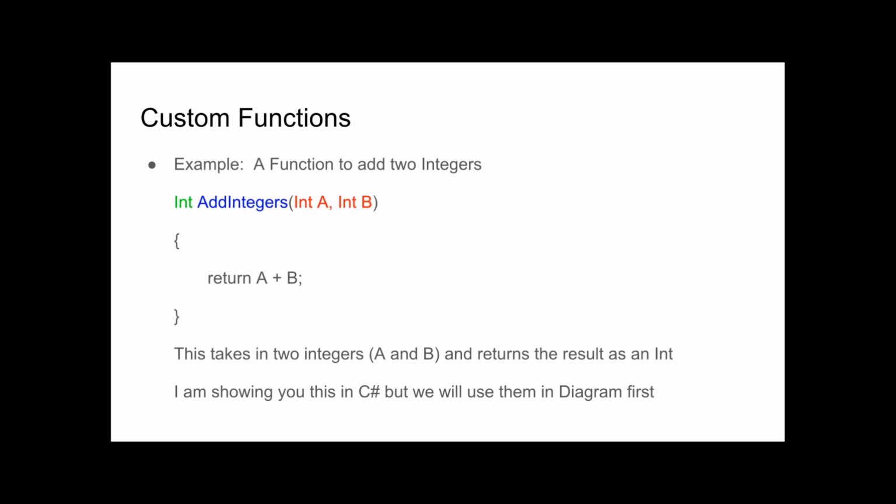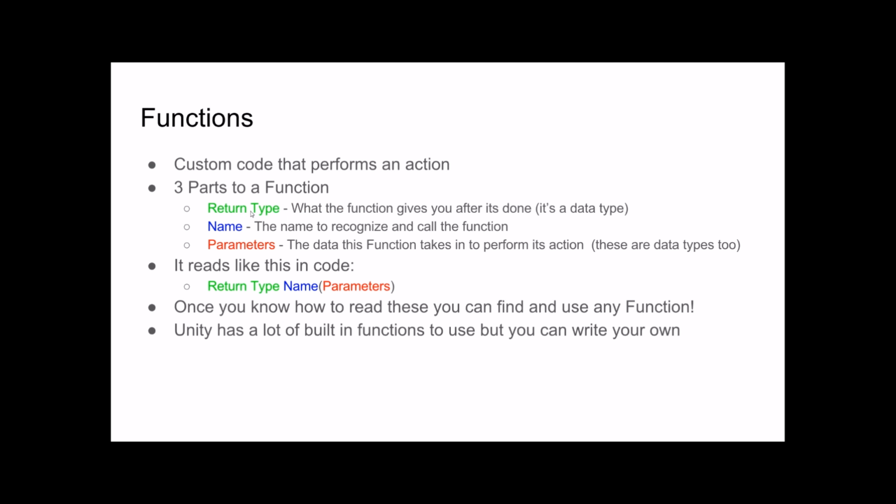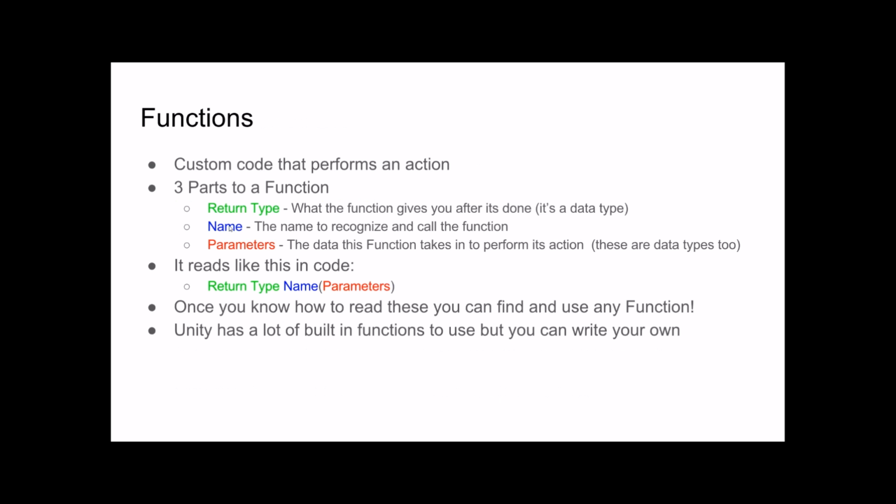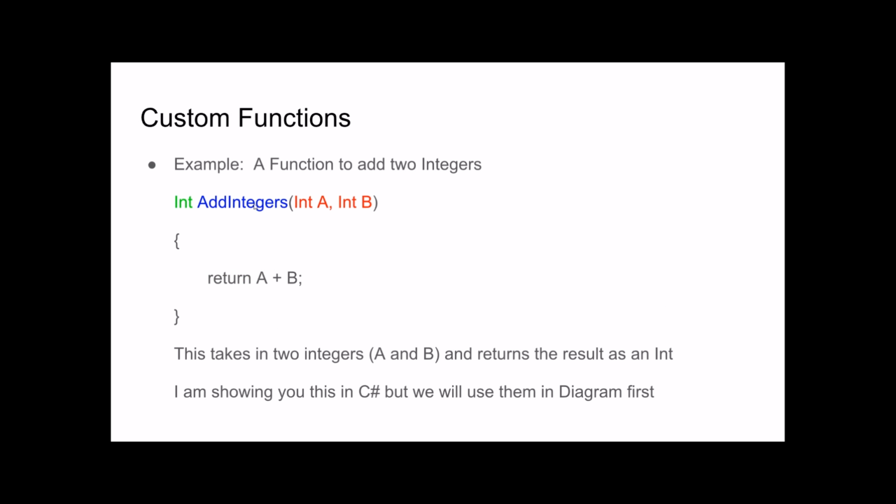Here would be a very simple function to add 2 integers together. And it's kind of a stupid function because the plus sign already does that, but just for the example, you can see that this function that I'd be writing returns an int. So if you remember, the return type is what the function gives you after it's done. This returns an int. The name of it is add integers. The name is just the name. It could be called anything. It could be called Justin's integer adder. And it takes in 2 ints, int A and int B. So the type and then the name of the variables that come in here.